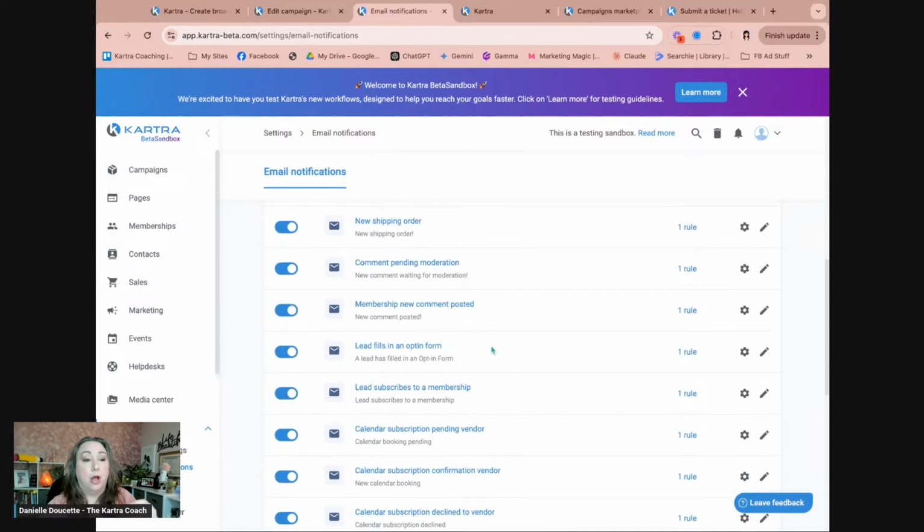default. So I always tell my new clients, my new students, my new members that we go into our email notifications and we turn on so that we get notified when one of our opt-in forms is filled in. There are two reasons for this. For most of us, we are at the volume where we do want to be celebrating every single new opt-in. In fact, even when I was part of a bundle and was getting hundreds of signups to my form per day, I did filter them so that they weren't in with all of my other emails coming in, but I did still want to see that as a visual, like through, every time I checked my email or throughout the